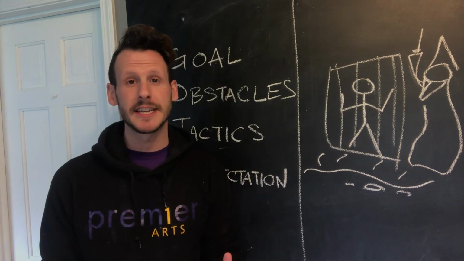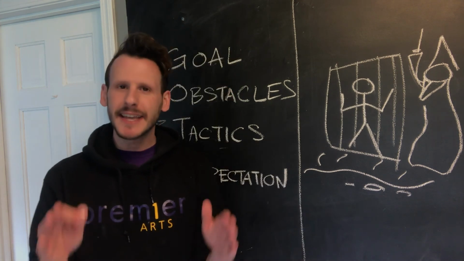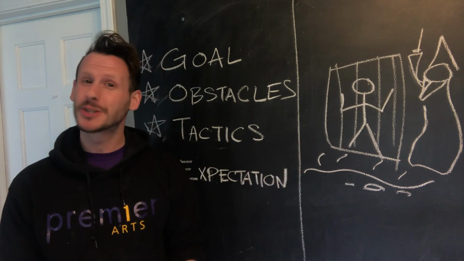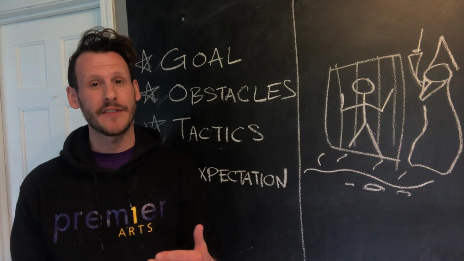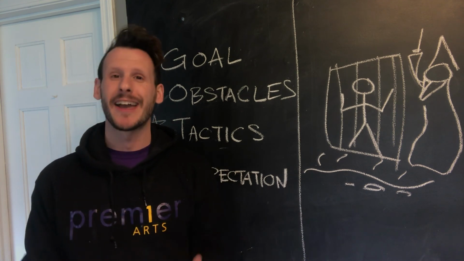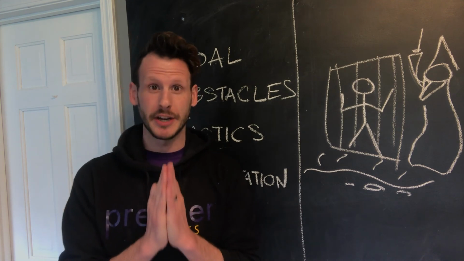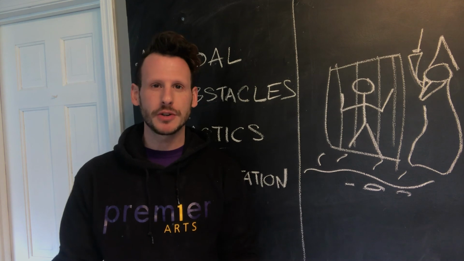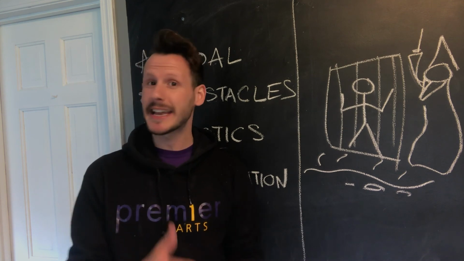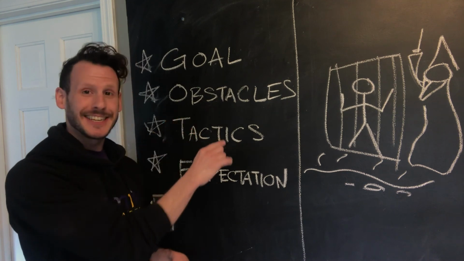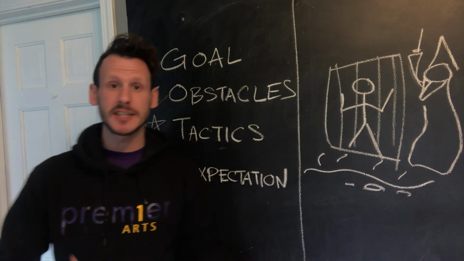So for your next scene or monologue or acting project, take a second and figure out what your character's GOTE is, and I promise it's going to take your acting up to the next level and make your performance a lot more powerful to both you and the audience. So here's how you put it to work. I want you to take a look at a movie or a book, and I want you to find a scene and figure out what that character's GOTE is. Their goal, obstacle, tactics, and expectations, just as a practice.